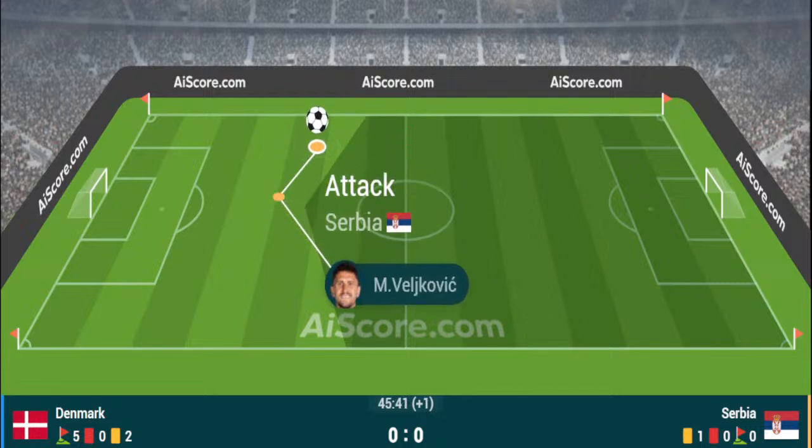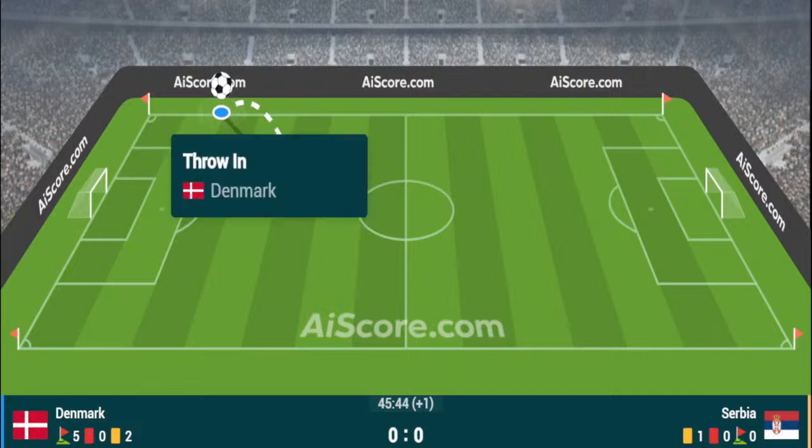It remains Denmark 0, Serbia 0, and I'm absolutely certain that Serbia are going to have to make changes in the second half, because really Mitrovic has been so isolated. When you've got players like Vlahovic and Milinkovic-Savic on the bench, I'm not quite sure you can wait too much longer to make that kind of change.